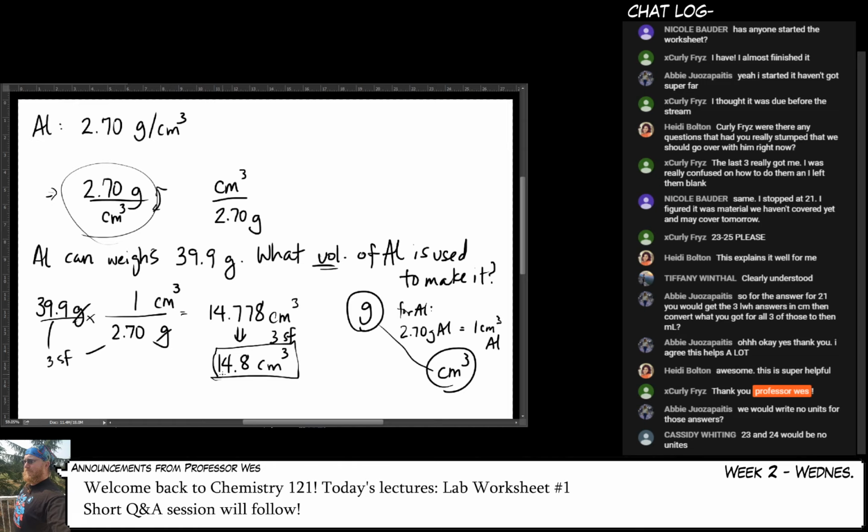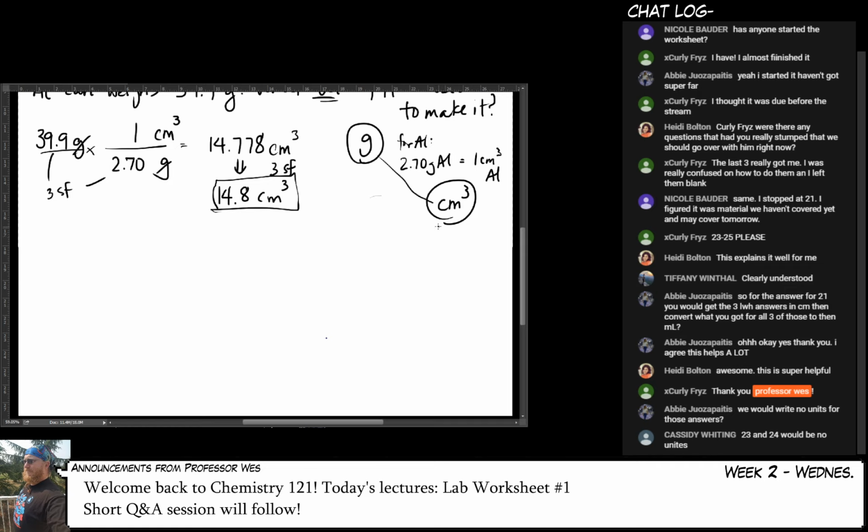Yep, 23 and 24 are no units, because I didn't give them to you. 25 does have units. For this problem, I wanted cubic centimeters. For the worksheet, I want you to tell me it in liters, which means that if you got to this point in your problem, you would then have to take your centimeters cubed, and you would have to find a way to get to